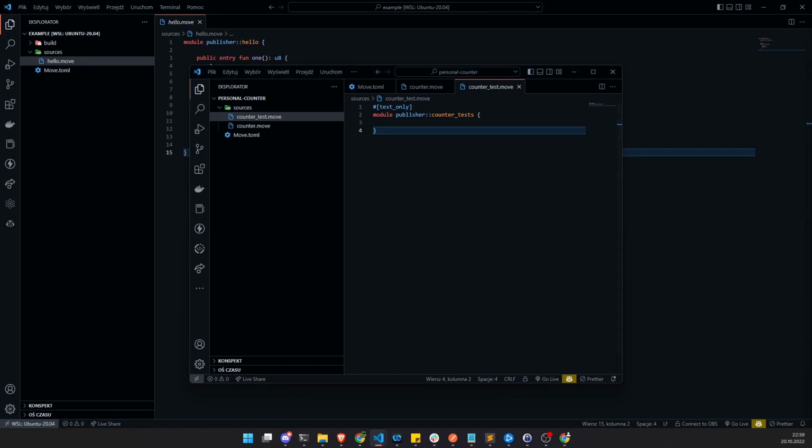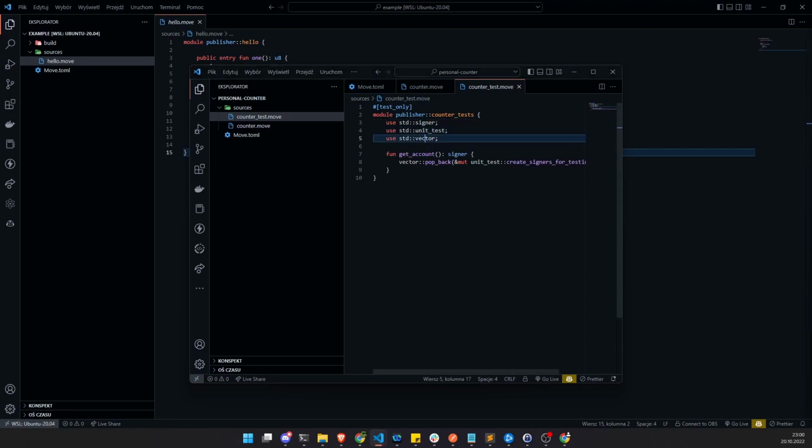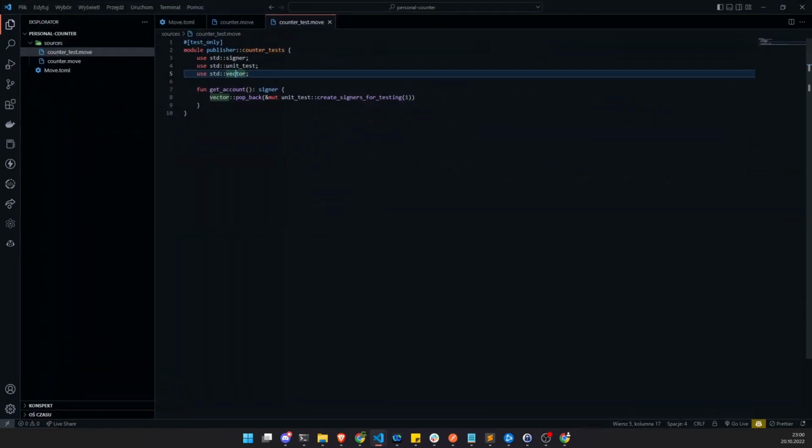I will copy from my second screen the function to create the signer. You may write it down. This is a function that allows us to get the signer from the stack, and it uses this lib. It takes the latest signer from the stack, and basically this is what this function does. It is very